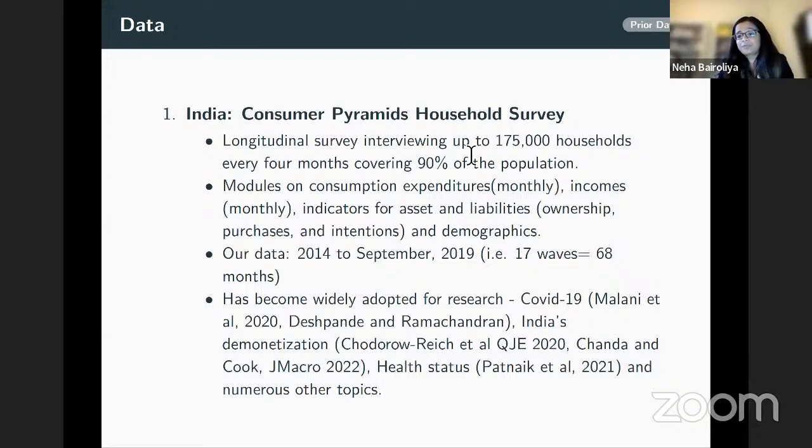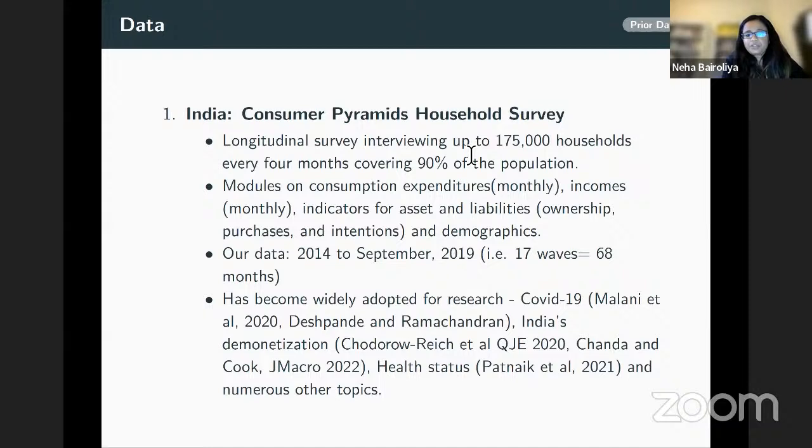Now, we think that this is really a great feature of the data, given that India is a very diverse country with a very large population. This data set is very extensive. There are modules on consumption expenditures. When I say consumption expenditures, these are primarily non-durable expenditures on goods and services. We also observe income, which is a very cool feature of this data, because the other existing surveys do not really have income data, so we think this is very valuable. There are indicators for assets and liabilities, ownership, purchases and intentions, and of course, demographics. And you will see that we're going to be utilizing a lot of this information